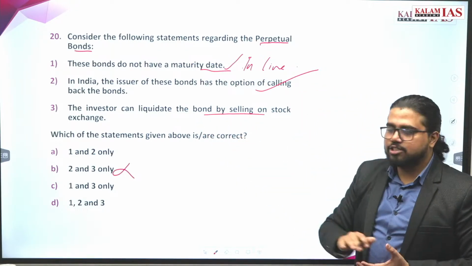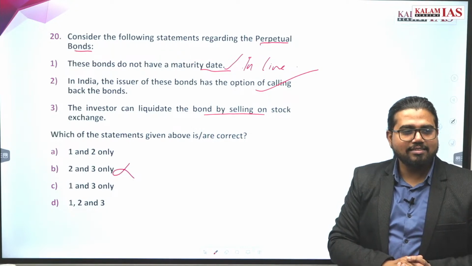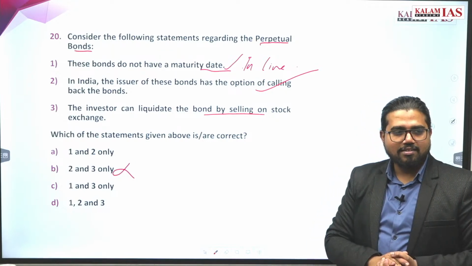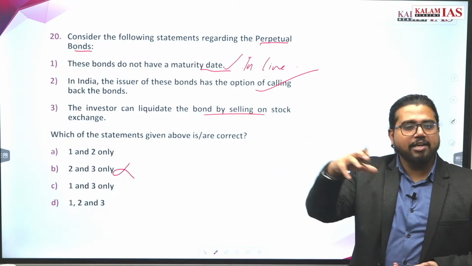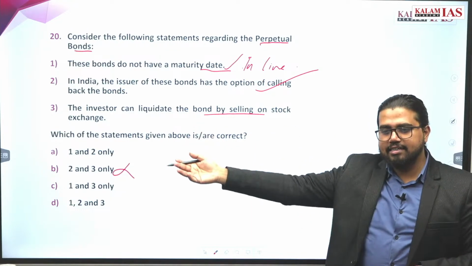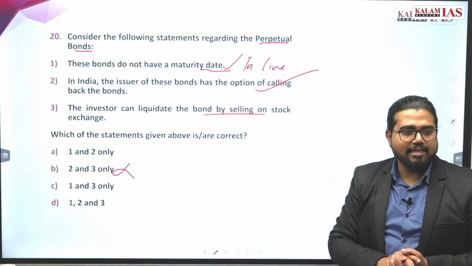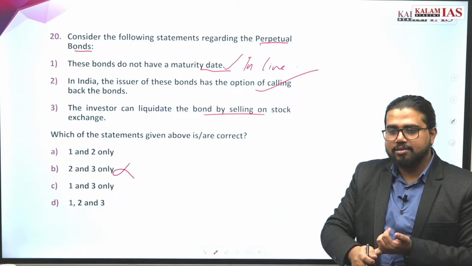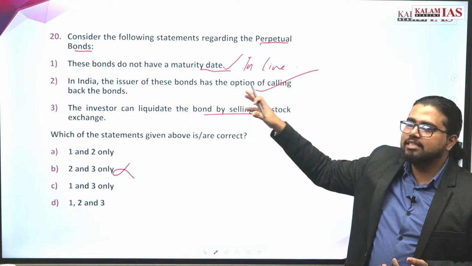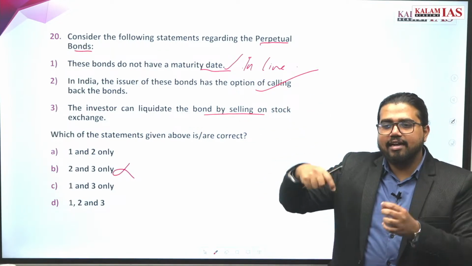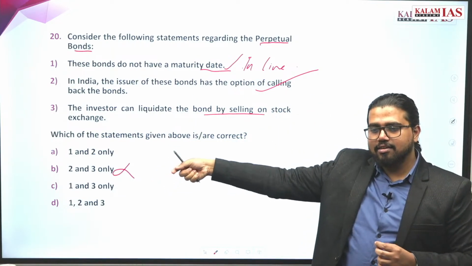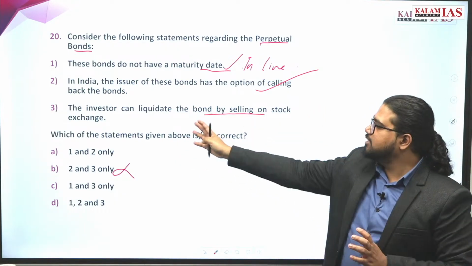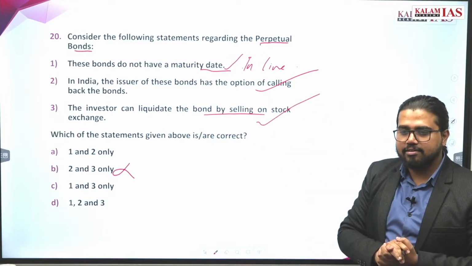Liquidate bond on selling in stock exchange. Is this correct? Why? We have most bonds which can be liquidated in the stock exchange. It can be marketed in the secondary market. Almost every bond, like sovereign gold bond, other government bonds. So unless you exactly know this bond came with a criteria that it cannot be sold in stock exchange, then this option cannot be wrong. Otherwise, in general, this should also be right. So what is our answer here?